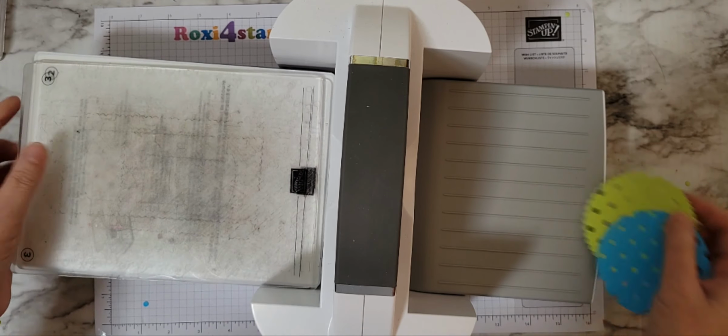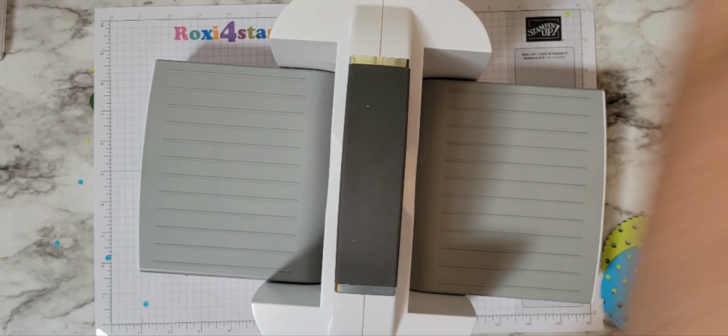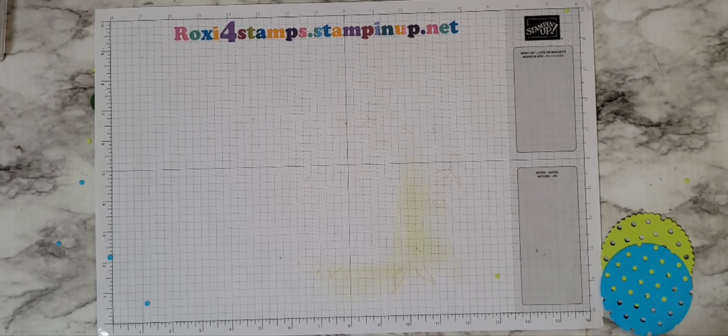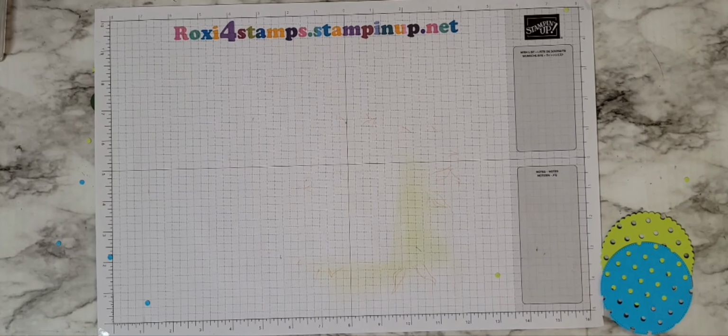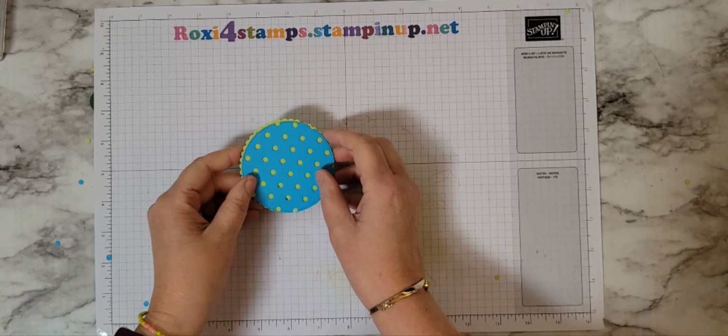All right. And I think that's all I need the Stampin' Cut and Emboss machine for. So let me go ahead, put that back on the shelf, and put this up over out of the way. All right. Now what I do with this is